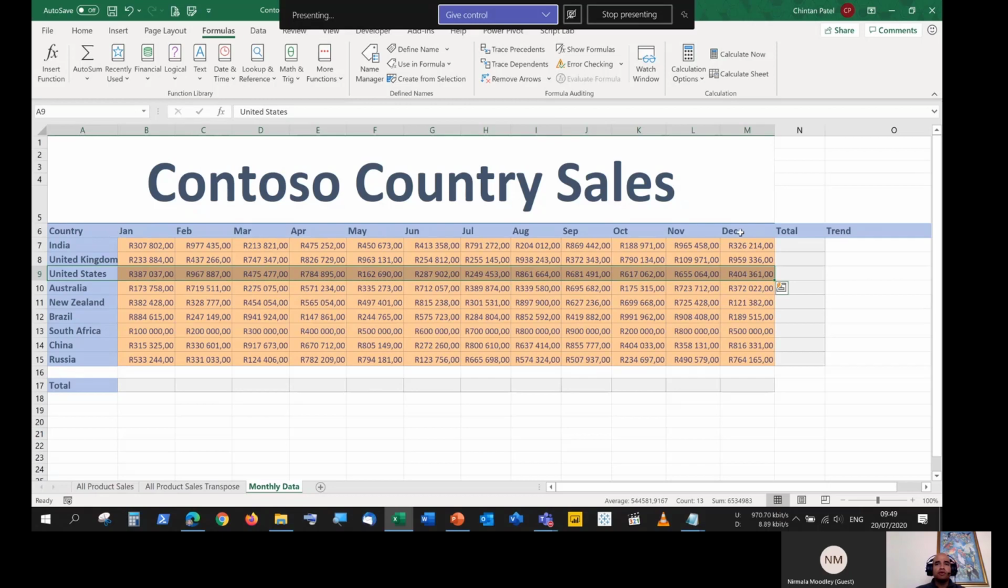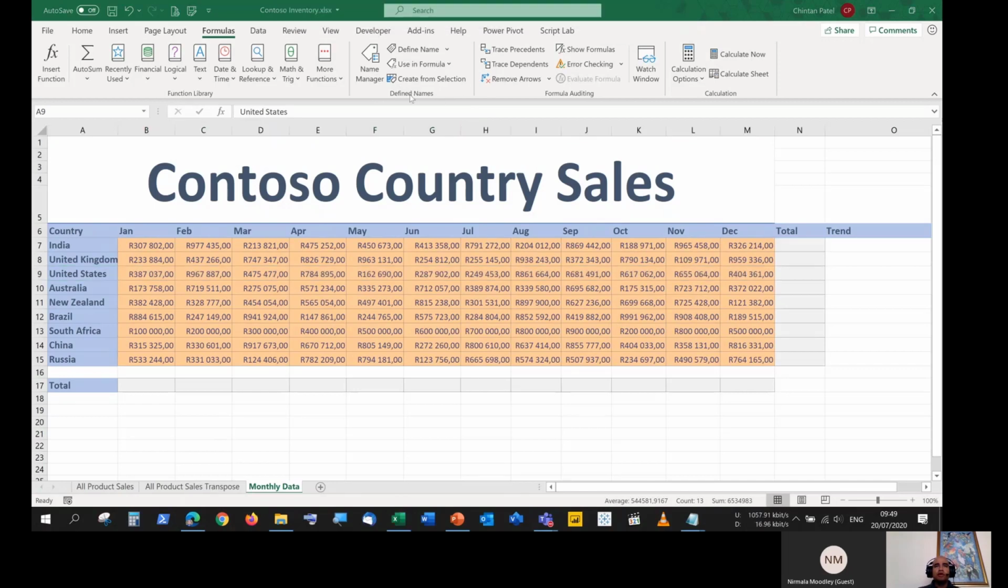You need to have labels on the top. It could be on the right-hand side. It could be even at the bottom. This doesn't give you the opportunity to put your own name. However, you need to have a name or a label actually available so it can be converted to a name as such. So I select my data A9 to M9, Formulas tab, and inside your defined names group, I have